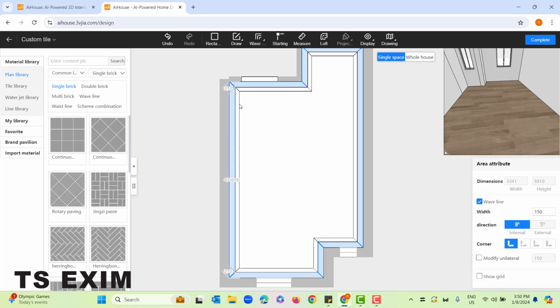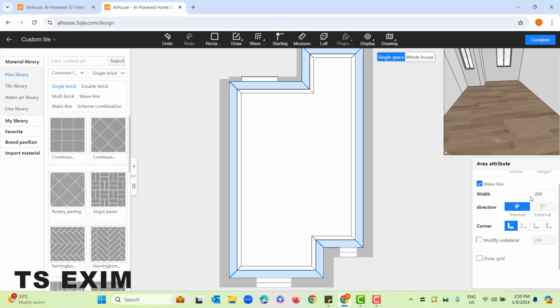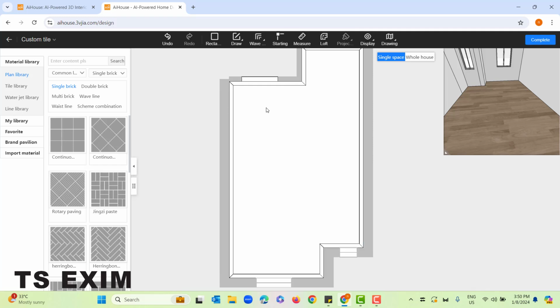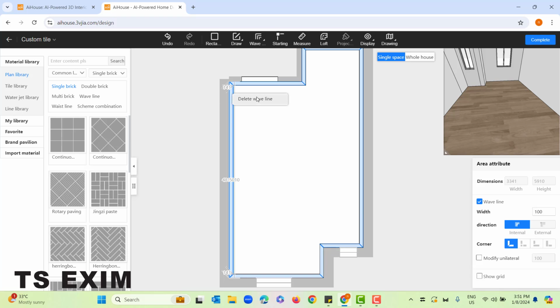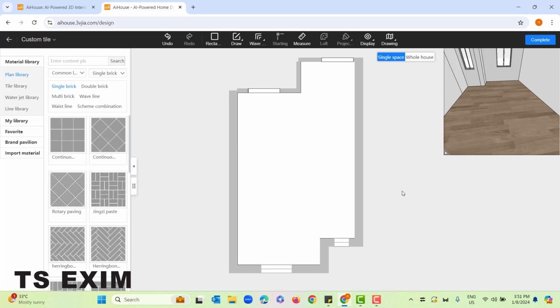Okay, for this one, actually you can adjust the width. On the right side, you can see width here. Let's say the first layer you want a bit thicker. Okay, you can select the first layer and adjust the width. Let's say 200. Enter. Okay, you can always adjust the waveline width. Alright, to delete the waveline, you can right click and delete waveline. Okay, so now we go to the second method, how to directly drag tiles from tile